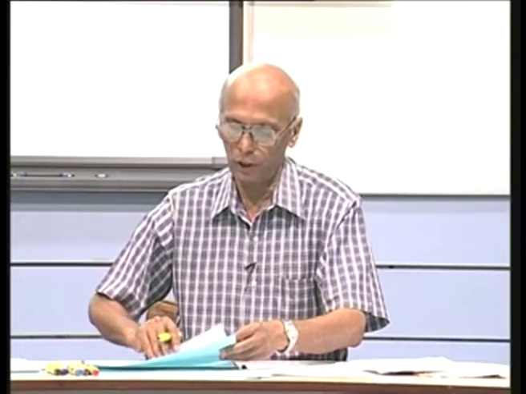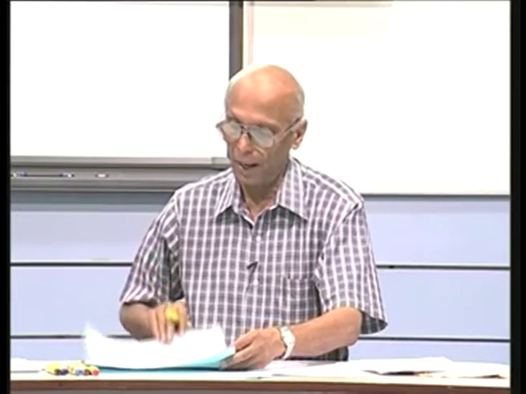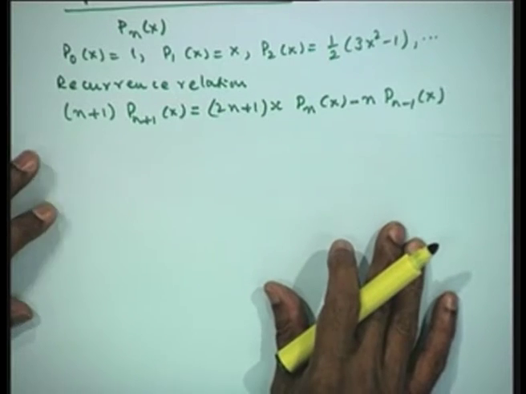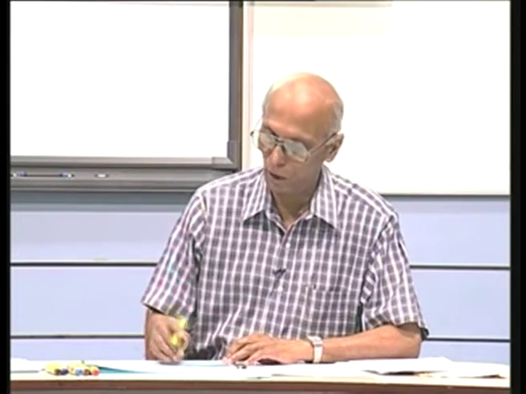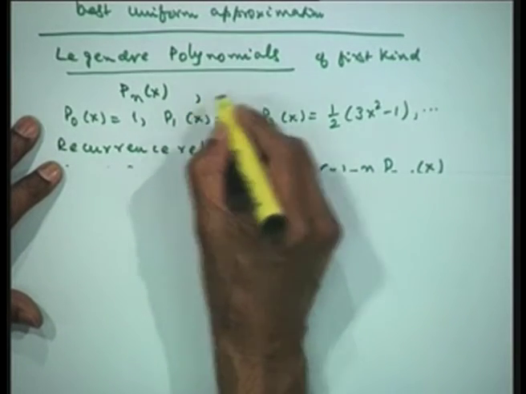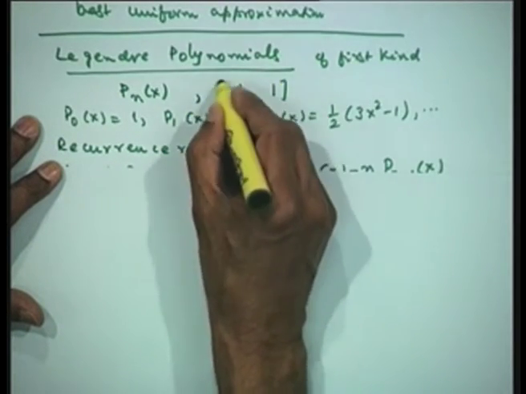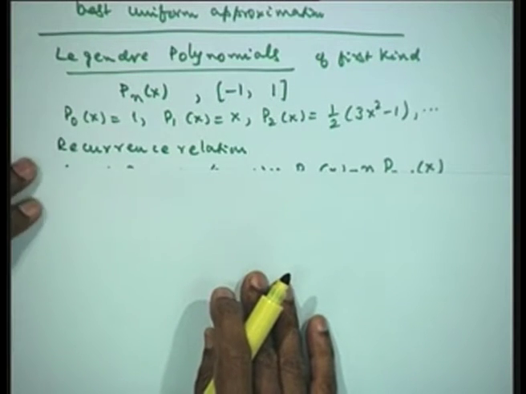So, I can generate whichever polynomial I want using this recurrence relation. Now, these Legendre polynomials are obtained as the solutions of a differential equation. They all belong to the problem called the Sturm-Liouville problem, in which the coefficients can be taken differently, and the solutions of these differential equations of the Sturm-Liouville problem give rise to these orthogonal polynomials. That is one class of problems which produces a large number of orthogonal polynomials, and these polynomials are defined over the interval minus 1 to 1.